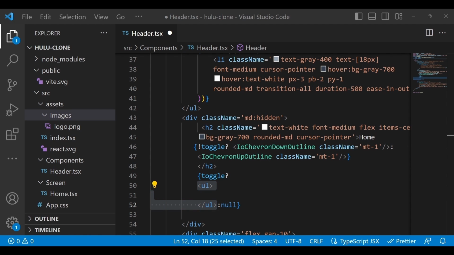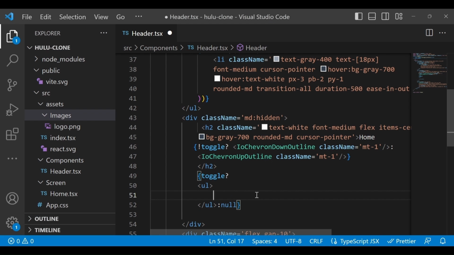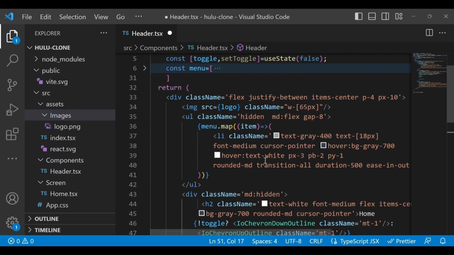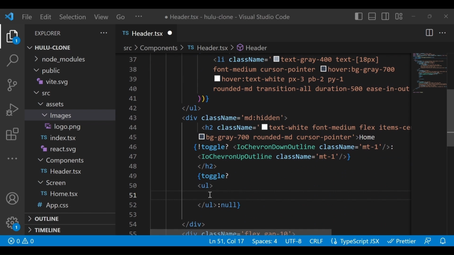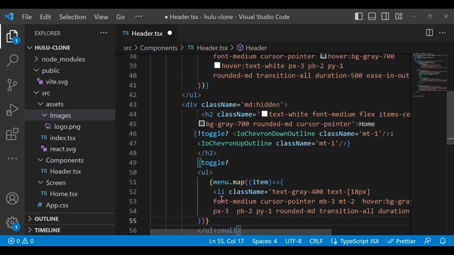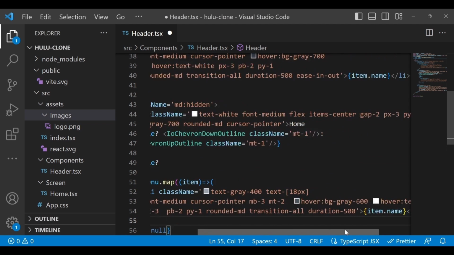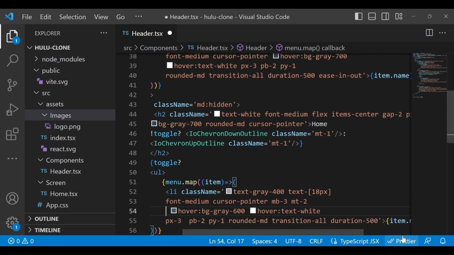It's very straightforward. First you have to iterate the list of the menu, the same way we iterated before. I will just copy and paste the above code and change the styling a little bit, not too much.